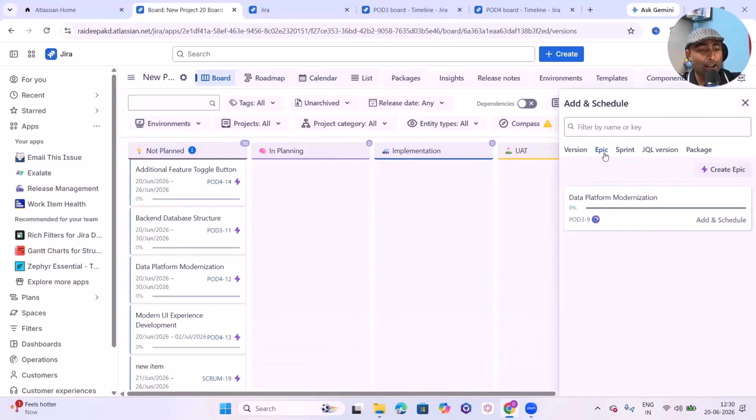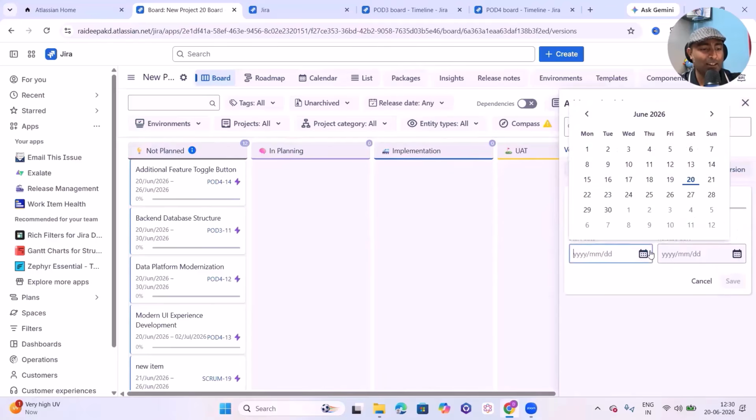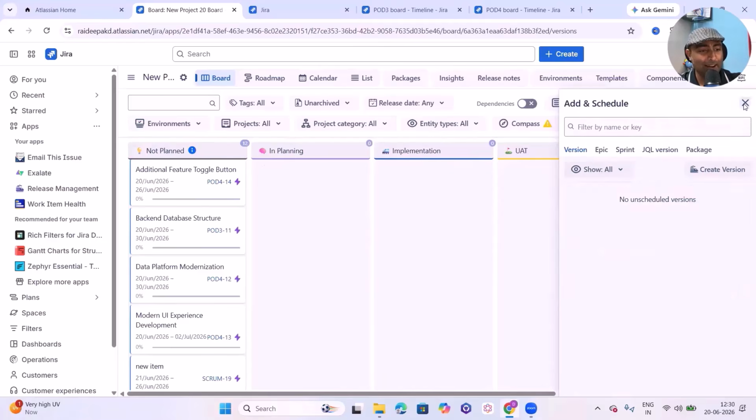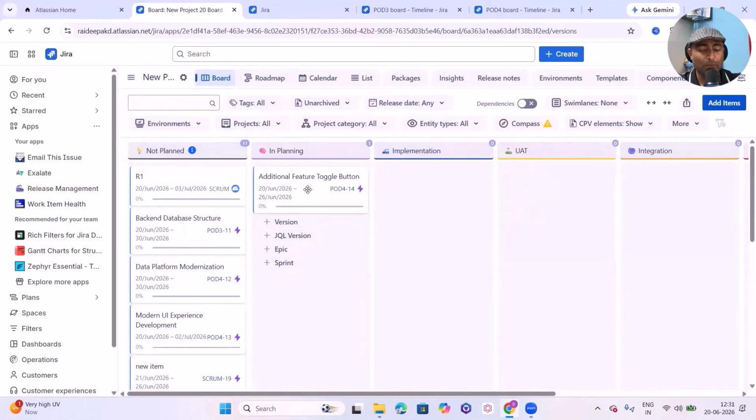The moment I add an epic, we can also add it through sprint as well. Whenever you want, we can add these fields directly by just clicking on this. We have to just select the project name from which projects I want to get data, and after that we can select Jira versions, sprint, epic, or if we have any versions, we can simply add them. Based on the requirements, it will get added, and we can see all the items are added here. I can simply drag and drop anywhere based on my requirements, and it will update my